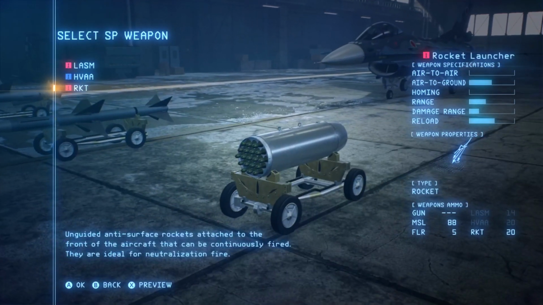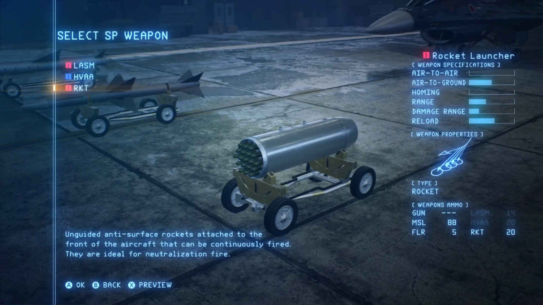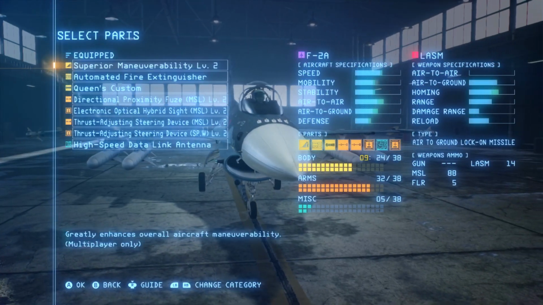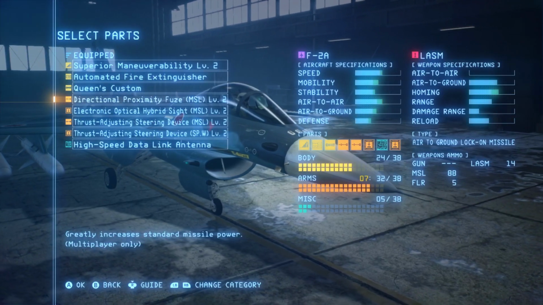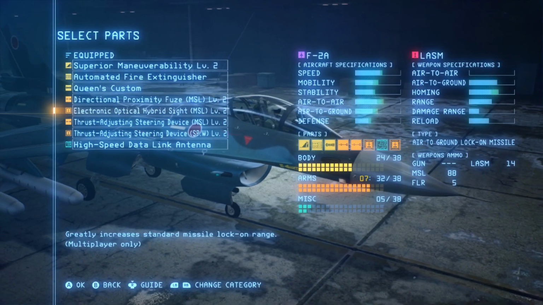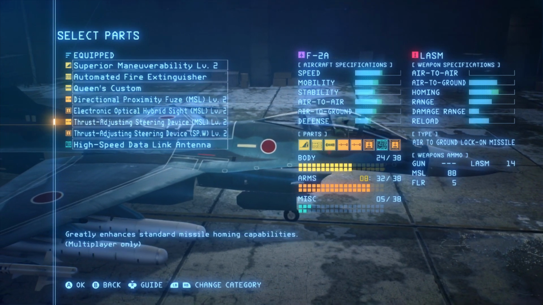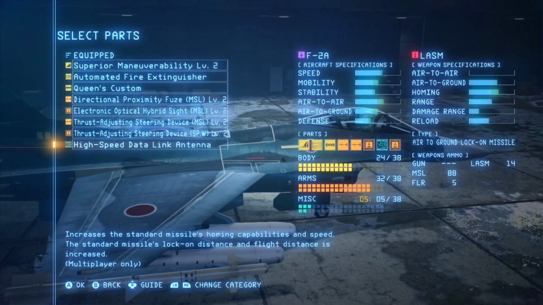And then for a rocket launcher, we've got the JLAU-3-A, and we get 20 volleys of those. We're going to start off with the anti-ship missile. Our parts that I've got on: Superior Maneuverability 2, Fire Extinguisher, Queen's Custom, Directional Proximity Level 2, Optical Hybrid Sight for range increase, Level 2, Advanced Homing, Level 2, for both our standard and special missiles, and a high-speed data. As for our skins,